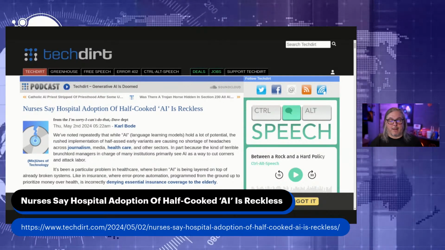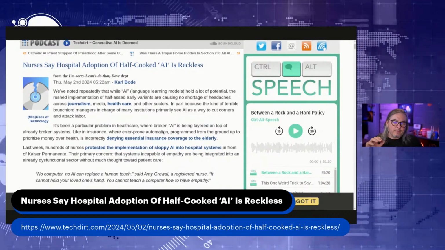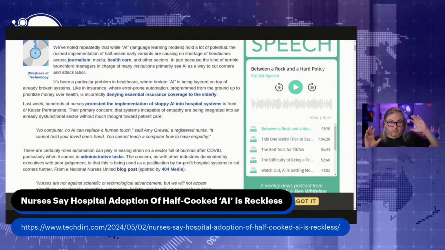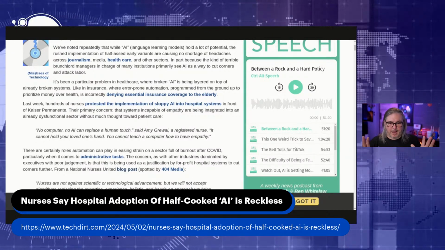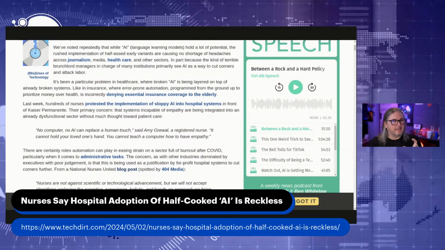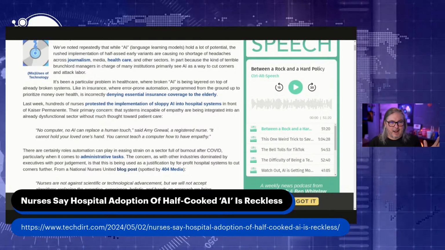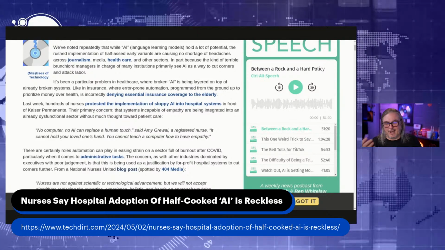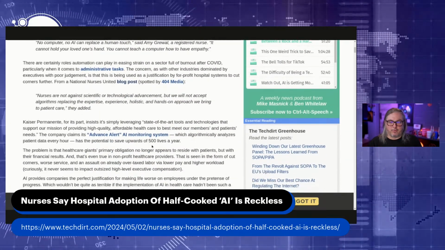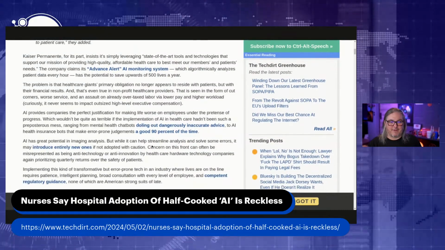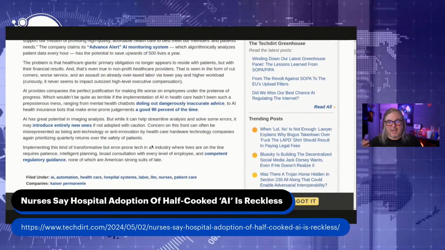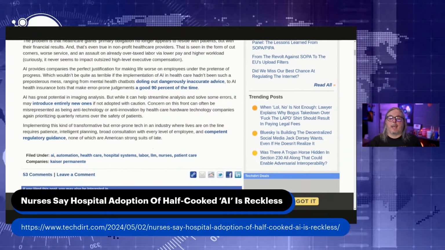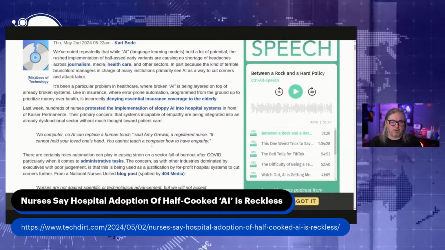Nurses say hospital adoption of hyped AI is reckless. And they preface this: there's actually an article that the nurses consortium wrote on the whole thing here. It's interesting because they're first saying, no, we don't hate technology, but this isn't useful. Someone got sold a bill of goods that was actually a dud. And I agree, there's a lot of uses for AI, but the uses that these companies have now come up with and then sold to hospital executives, and then of course the people that have to actually use it are going, this tool doesn't work. And so there's a good write-up on here of some of the shortcomings and some of the problems with it.